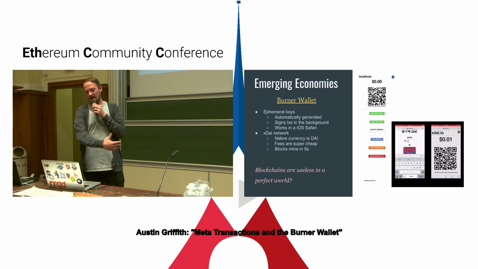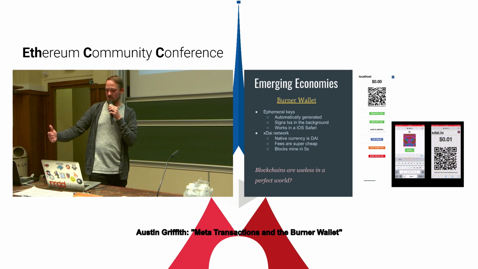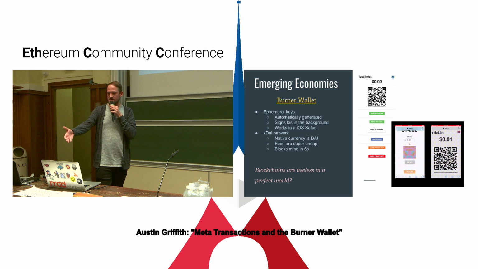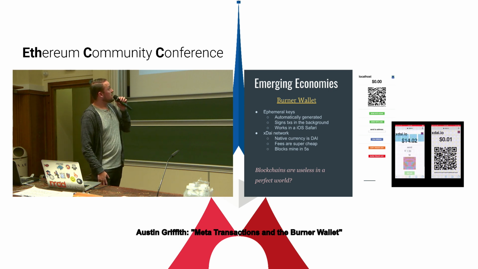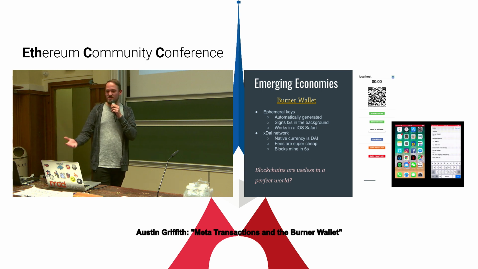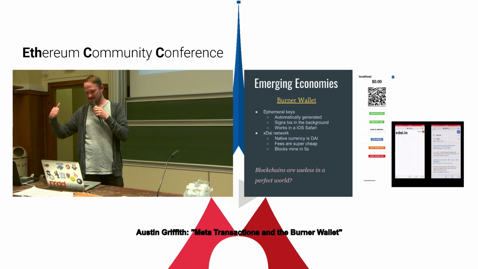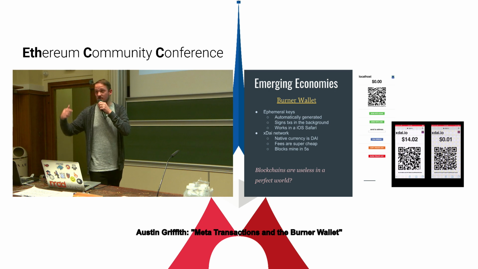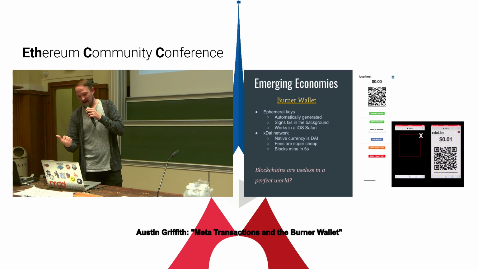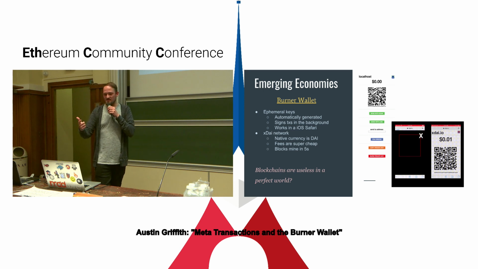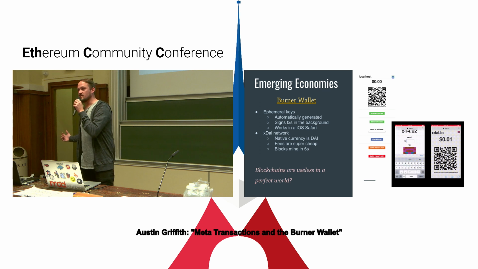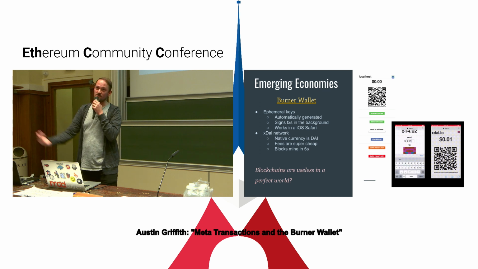With the same idea of ephemeral keys, I created this burner wallet at xdai.io, and I had lots of help, of course. It's basically the same thing: we have ephemeral keys, and we run on the xDai network. The last speaker talked about the xDai network. You've got fast transactions, super cheap fees, and the native currency is DAI, so there's low cognitive overhead. If you have one DAI, you have $1.